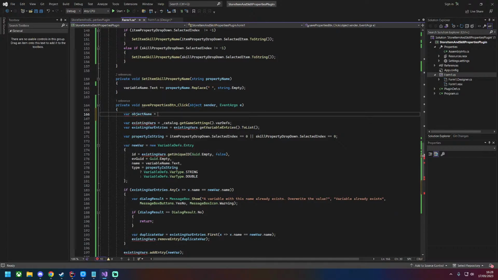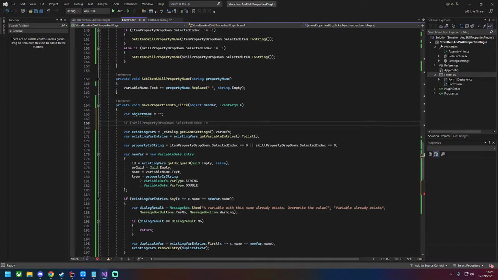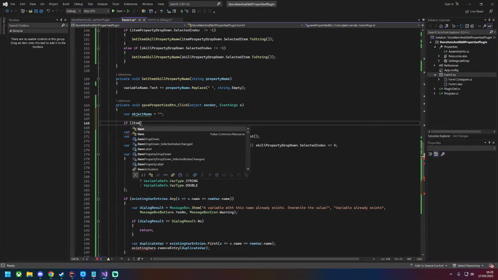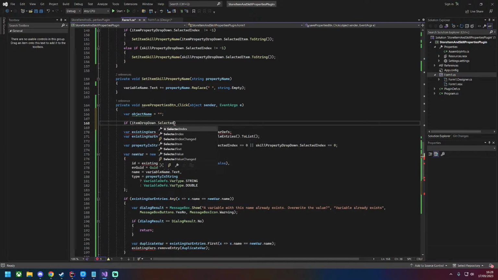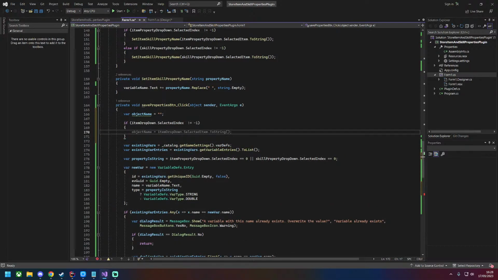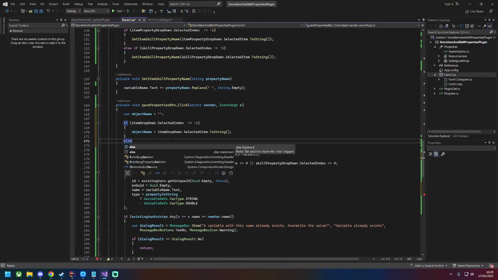Object name string. If item dropdown object. That, yeah. Else if